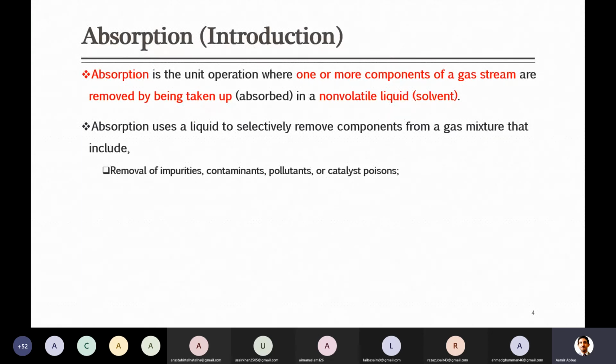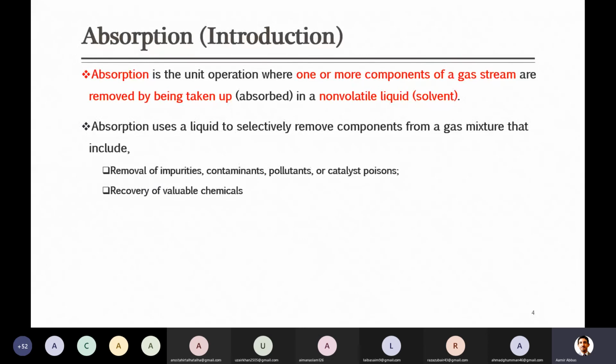If a gas stream is supposed to be used or pumped to any place, for example natural gas, our purpose is to burn the gas, especially in households when you are using it in the kitchen. So from natural gas we remove the sulfur-containing components, because if sulfur comes to your household, by burning it you will produce SO2, which is a hazardous gas, hazardous for human health. So there are various reasons to remove various contaminants from the gas stream.